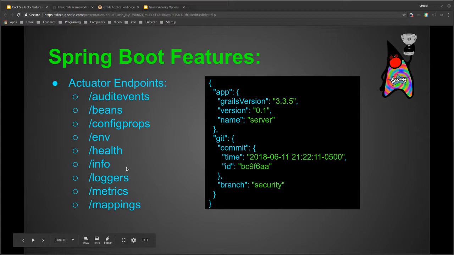Plus, it also gives you the ability to get some information for debugging. Obviously the git commit of whatever you're running in production could be useful at some point. It's like, what was it that was deployed on QA that no one remembers? Do I have to dig through Jenkins? No, I can just go right here and pull that off. So those are particularly useful.